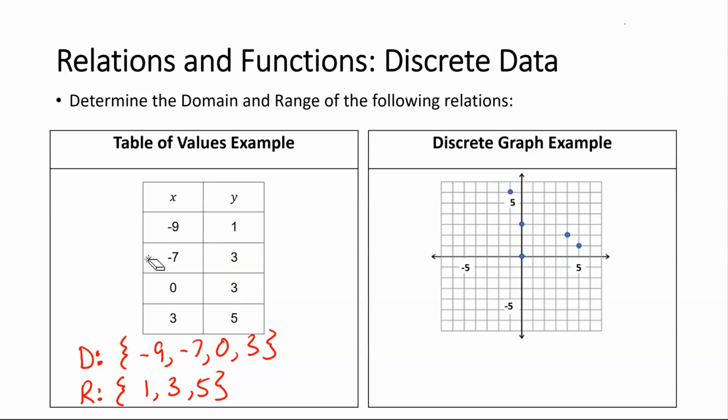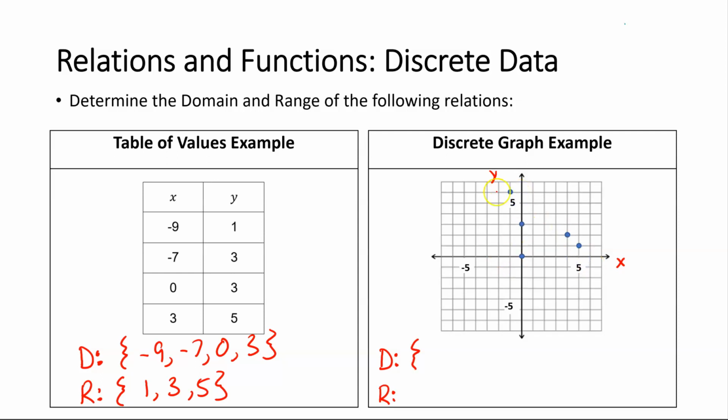Now looking at a discrete graph, so a graph with just points on it. We have a point here, here, here, here, and here. Now remember what the domain and range is. The domain is all the x values, the range is all the y values. The x values tell you how far along you are on the x-axis. The y values tell you how far along you are on the y-axis. So if we're looking at our domain and range here,